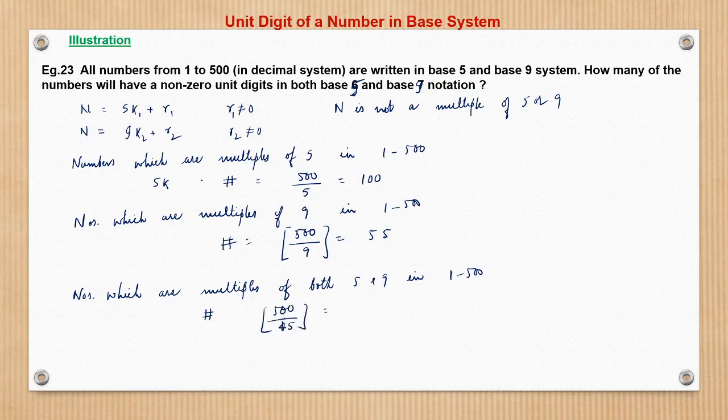So the greatest integer of this would be, 45 times 11 is 495, so that is 11. So the required answer would be,